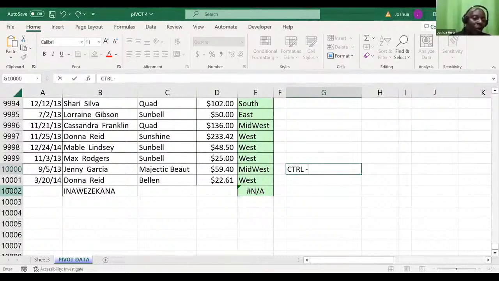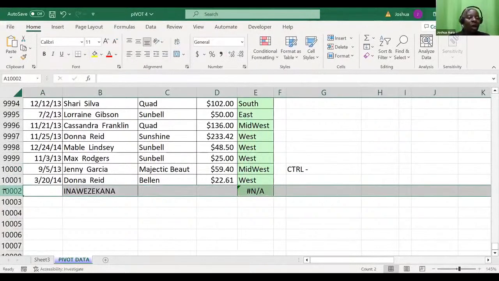You highlight the whole of it, look at what I'm doing here. Once you highlight the whole of it, you click control without releasing your finger. Then you simply go to where the plus is, near plus. There's a minus there. You simply say minus. Automatically, the entire row has been deleted.